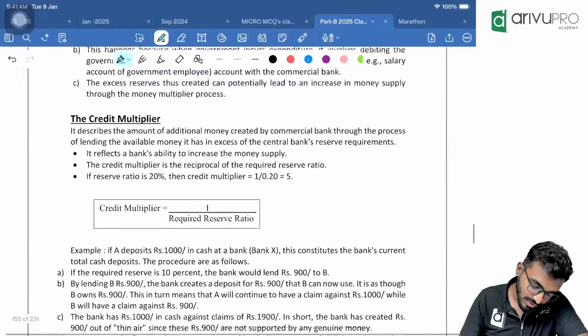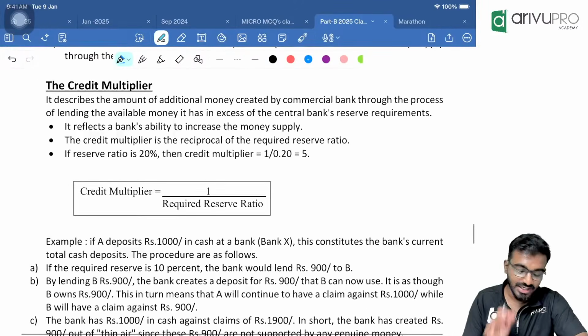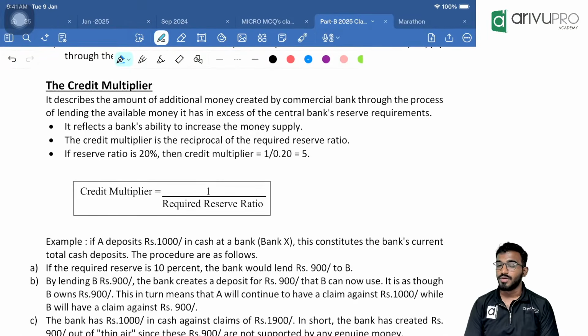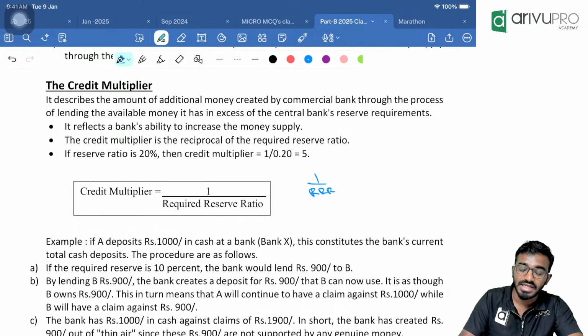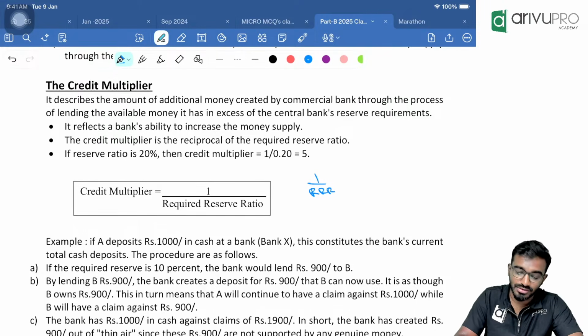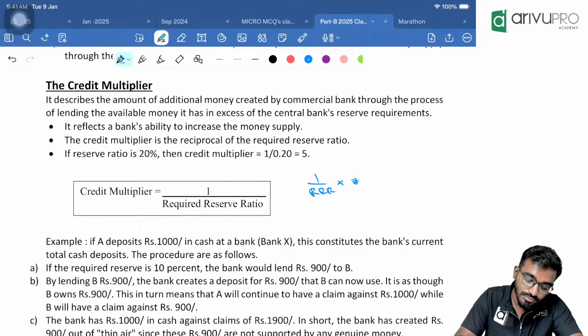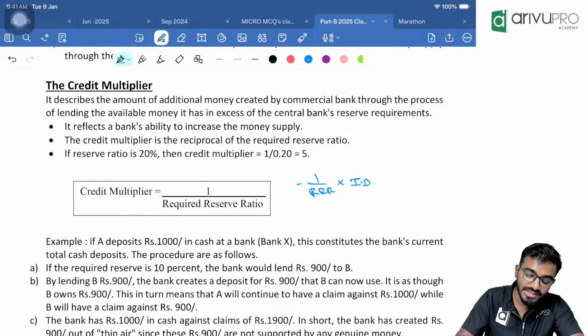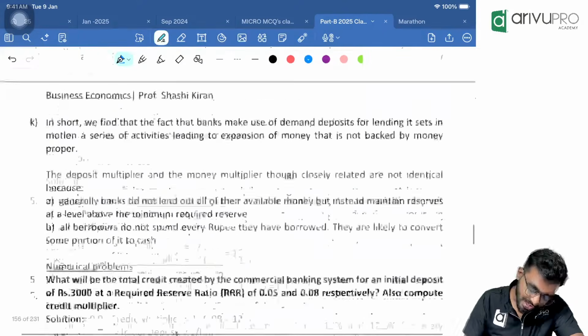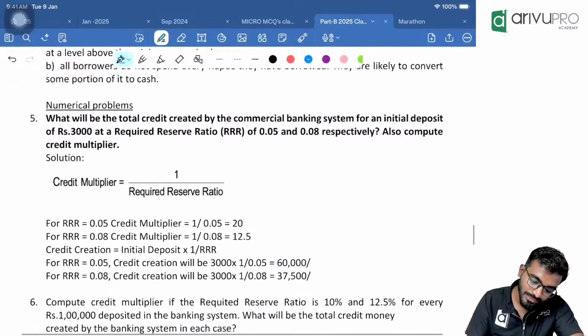So this will bring us to the last topic, that is credit multiplier. Very simple. See, there are two things to understand here. One, credit multiplier, 1 by RRR. Just you need to remember this. If they create credit money creation into initial deposit, ID, whatever the initial deposit is there, how many times that money is getting circulated. See, let me straight away go to the problem. See here.